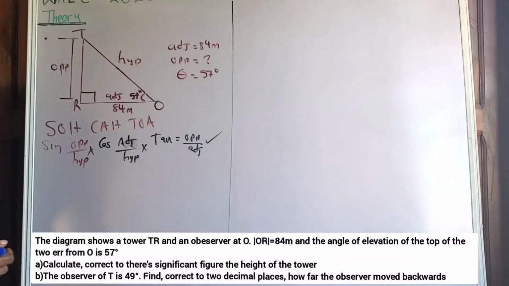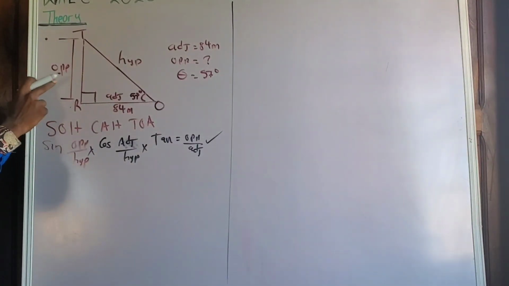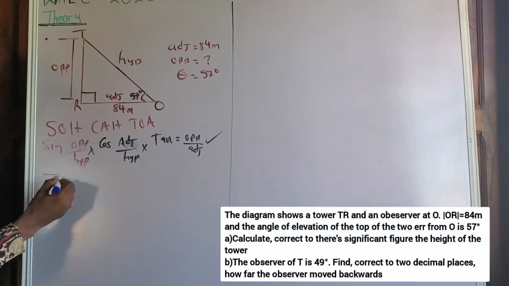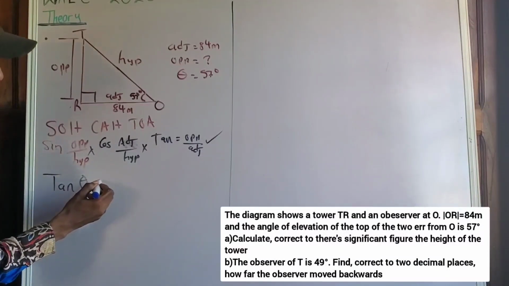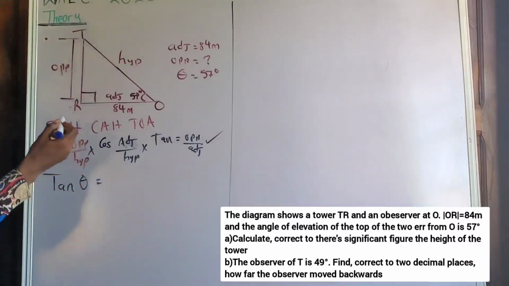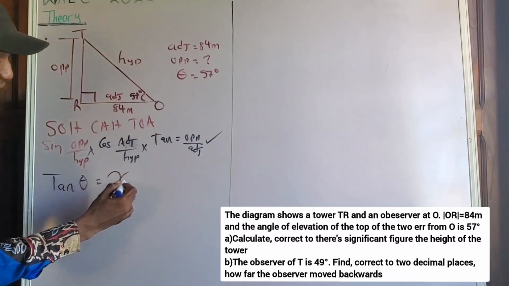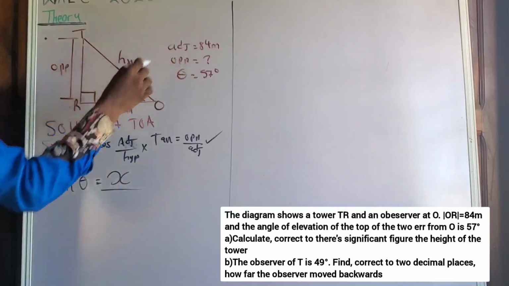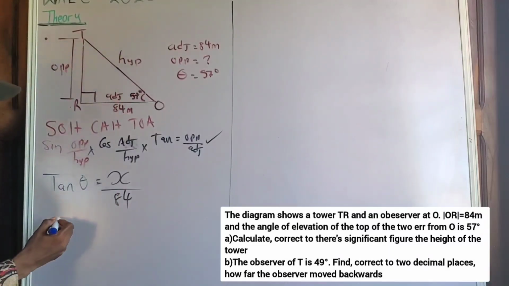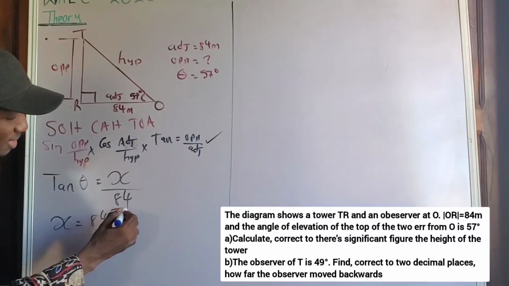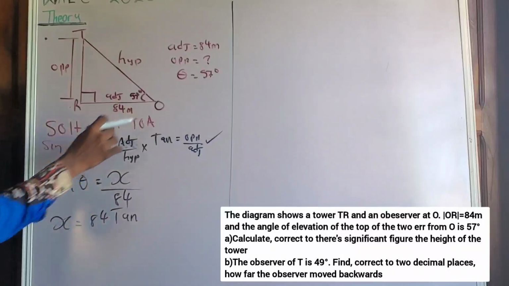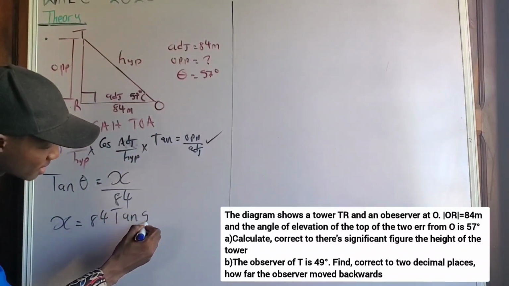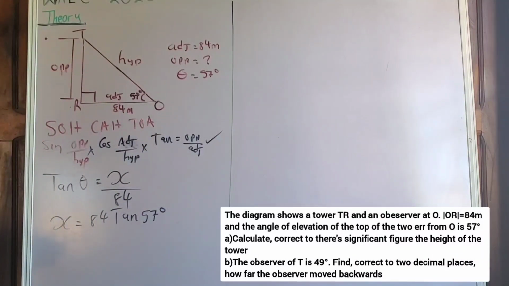Do you understand? Let us proceed. To get the opposite, which is the height of the tower, tan theta equals opposite over adjacent. We don't know the opposite, so let us represent it as x. The adjacent has been given as 84, so x equals 84 tan theta. Theta is 57 degrees, so 84 times tan 57 degrees. Please pay attention. Tan 57 degrees will give us